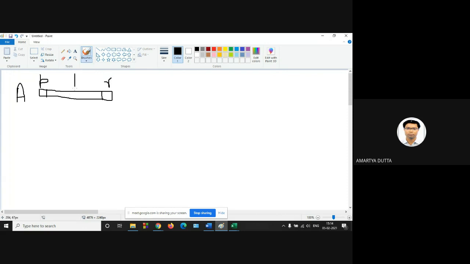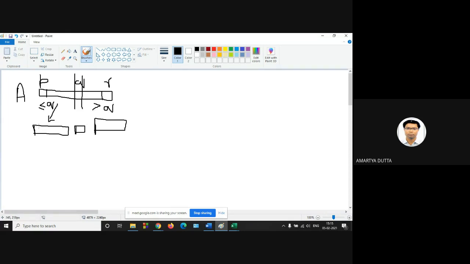Now we have to divide the array into two parts. This part is your left subarray, this is your right subarray, and this is your middle element. If q is the middle one, this is the pivot. So put the pivot element in its proper position so that all the elements in the left subarray are less than or equal to q, and all the elements in the right subarray are greater than q.